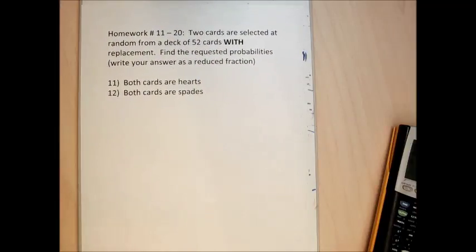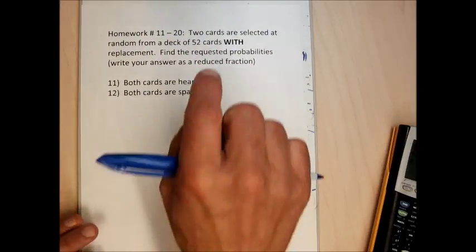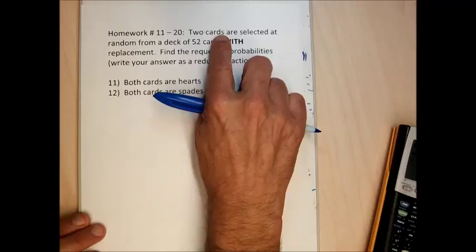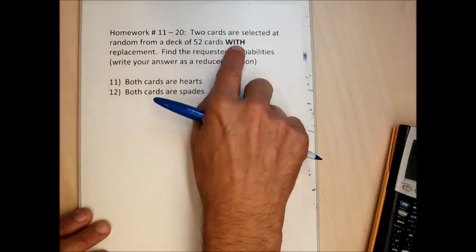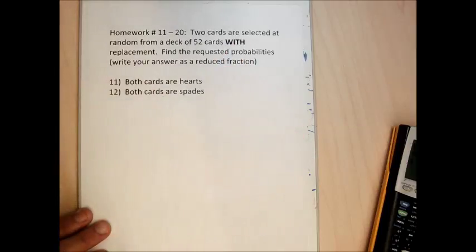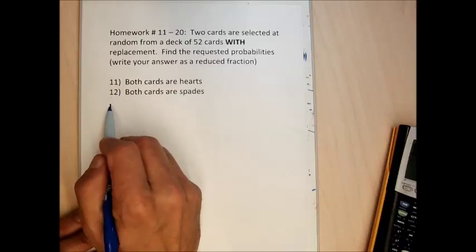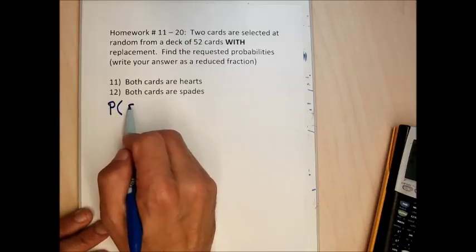The next problems, 11 through 20, are again picking 2 cards one after another, picking a first card, then a second card. And it asks me to find probabilities assuming that we replace the first card. So the denominators aren't going to decrease by 1. I'm going to pick a card, look at it, put it back in, then pick a second card. So for problem 12, I'm trying to find the probability of getting a spade